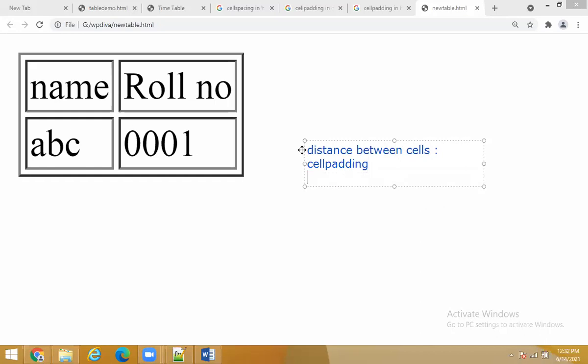Cell padding. Okay, and then the space between text and cell, it is called as what? Cell spacing, right? It is called as what? Cell spacing. See here, I have shared it in the notes also. I will show you that, then you will be clear with that. I will share it. See.